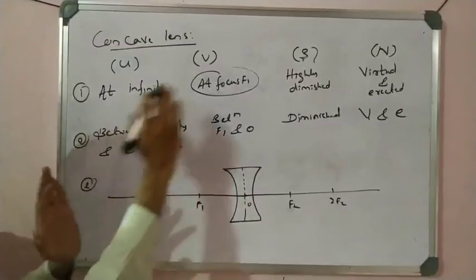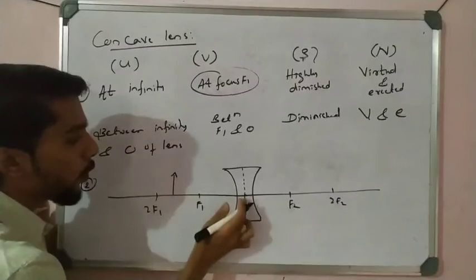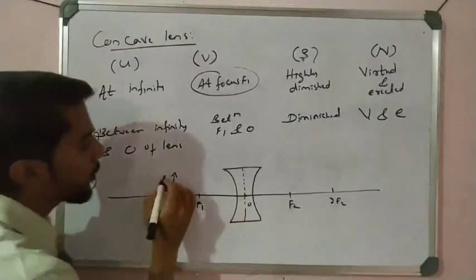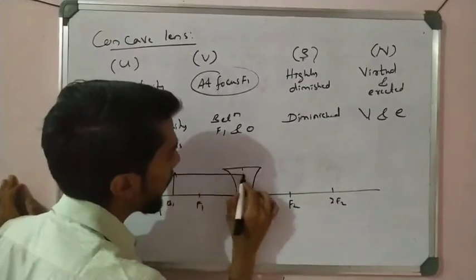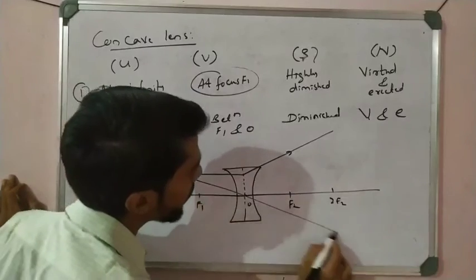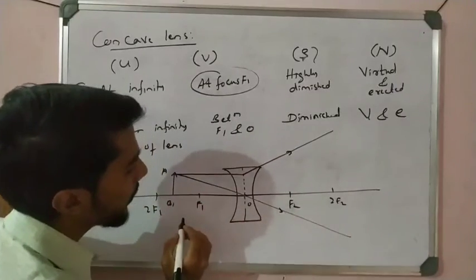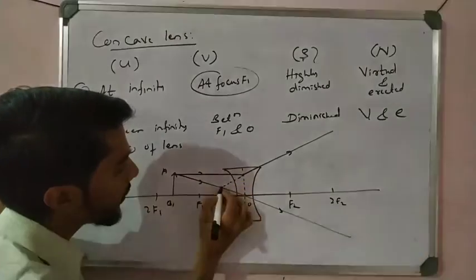So it is between infinity and O, anywhere I keep it here, anywhere your choice. O to infinity, anywhere you can put. So I can put here. So A dash AB. So see here, after it is divergent. Okay, now it passes through O, right? Now, what happened? I can reproduce this one here.